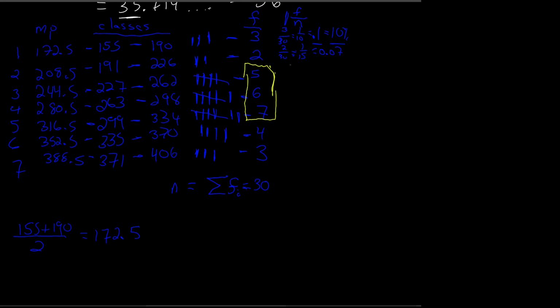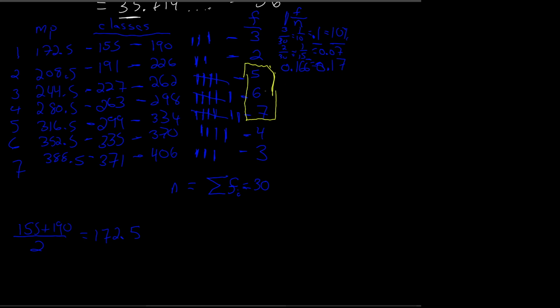And so 5 divided by 30 is 1/6, or 0.166 repeating, and we'll just say 0.17. We'll round it to 2 decimal places. That repeats. So I'm using my calculator here to get these repeating numbers. But right now I'm just keeping two decimal places. 0.1, 10%, 0.07, 7%, 0.17,